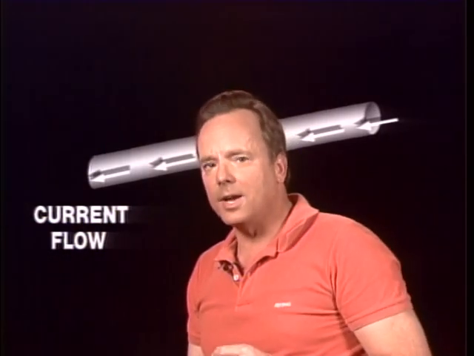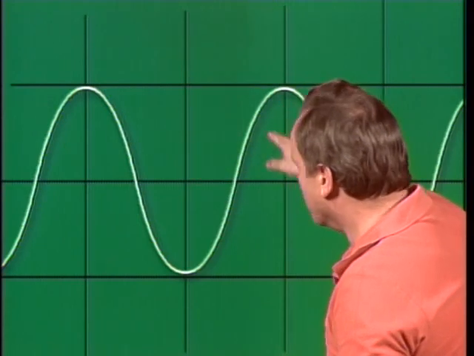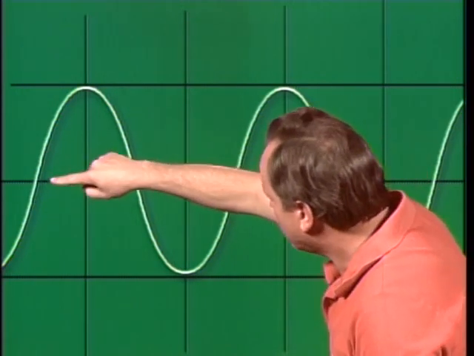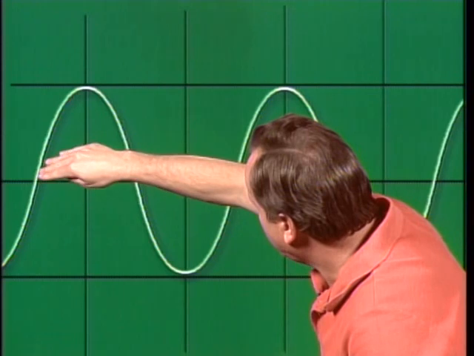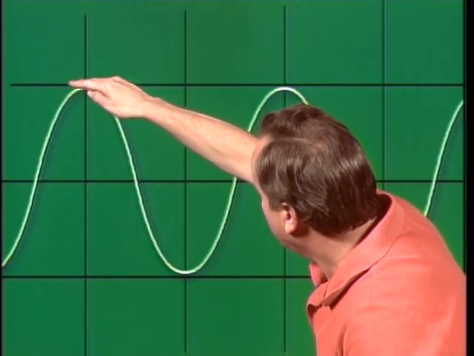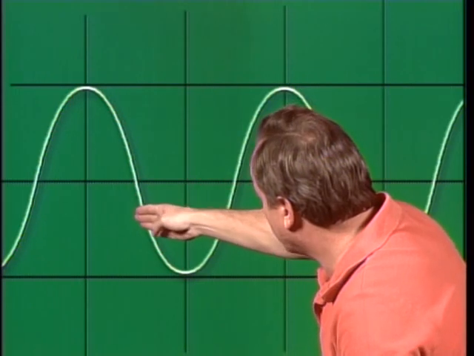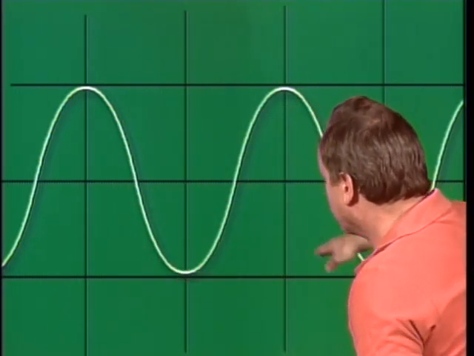Now, if you look at it in a sine wave, you'd see what I'm talking about. Here's what it would look like in an oscilloscope. This is a sine wave on an oscilloscope, and it shows you what alternating current looks like. Here's the midpoint, and you have the alternating current first going one direction at very low intensity, and then it increases its intensity, and then it begins to level off, gets weaker, then changes direction and goes the other direction,